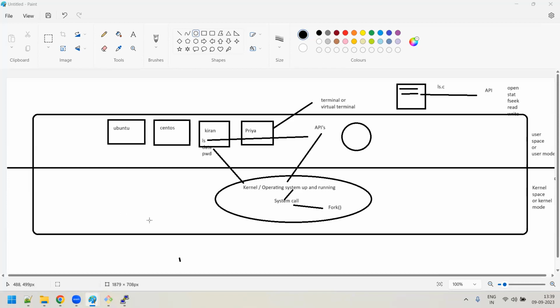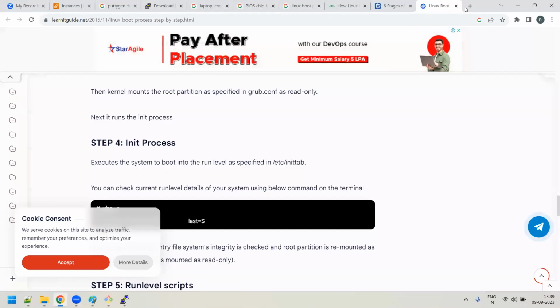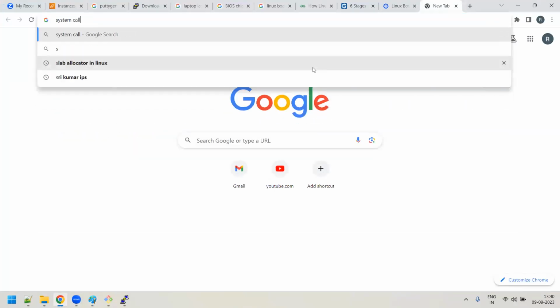I think in our discussion some people left, but that's fine. I will not go into much more detail on this. Actually, this much is sufficient for you. There is user space and kernel space, and we interact with our system with the help of APIs, and an API in turn will call a system call to do any kind of activity. It means that whenever an API is called, the kernel will in turn invoke a system call. In Linux, there are many system calls. If I'm not wrong, there are around 450 or more system calls in Linux, just for your information.